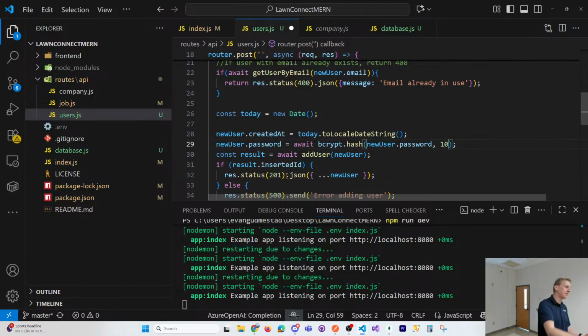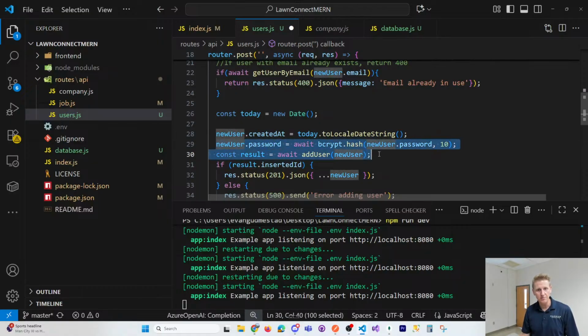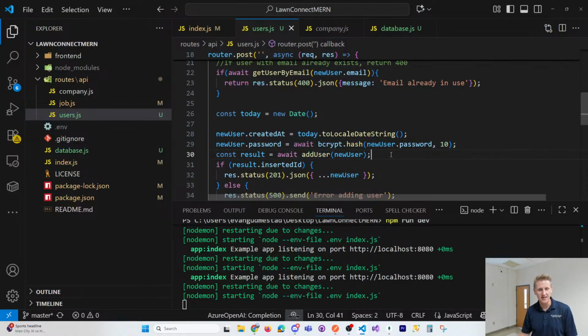Because if you're just doing the first randomly generated salt, it's probably less secure than if you do the 10th one. So that makes it your password plus a random salt at the end to make it a really long password. And then that hashes that, right? Which makes it even more secure. So that's what bcrypt does. And now, if I save that,